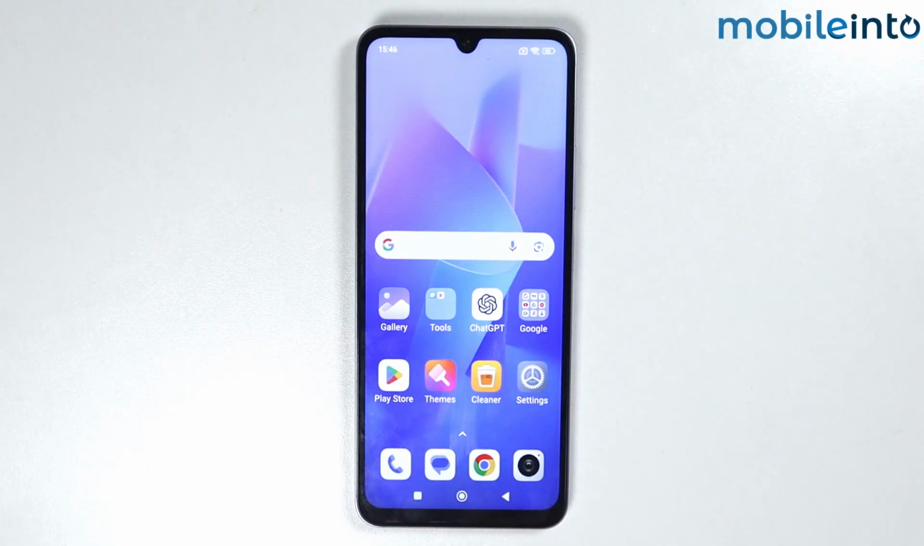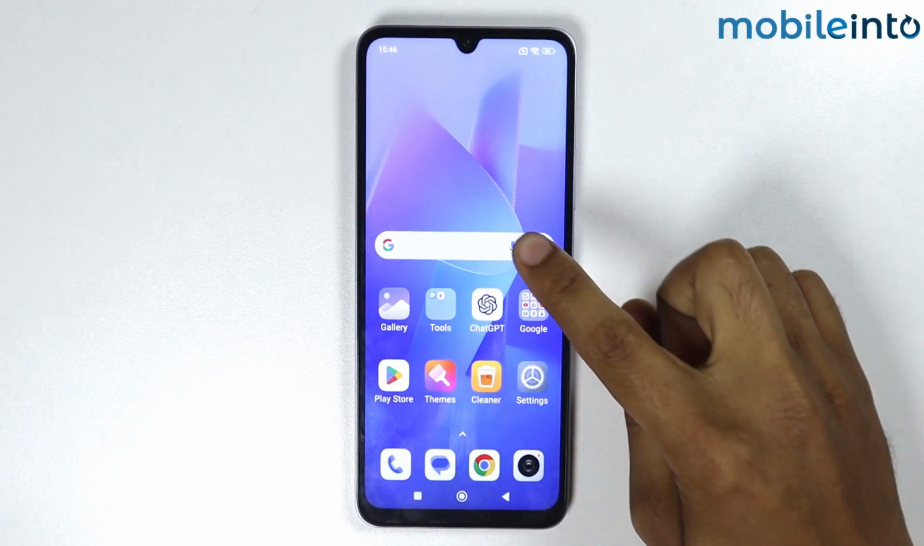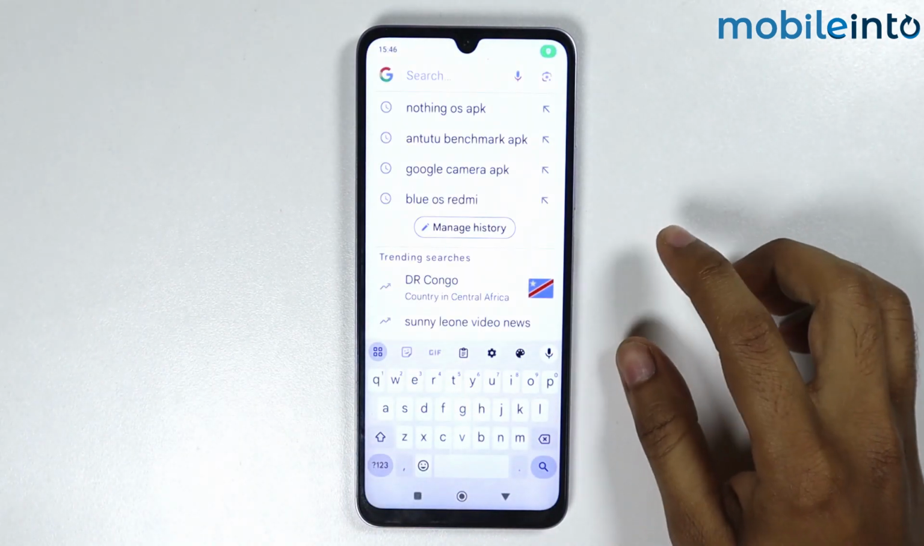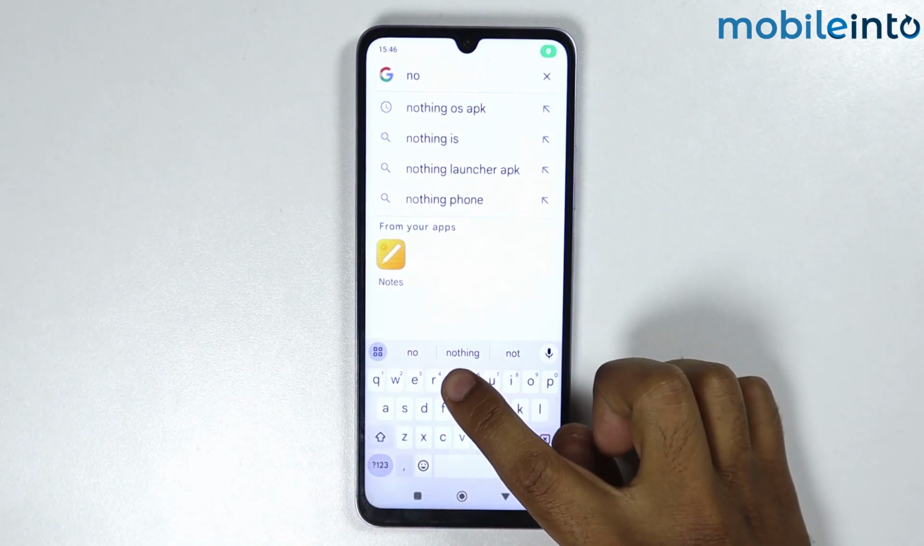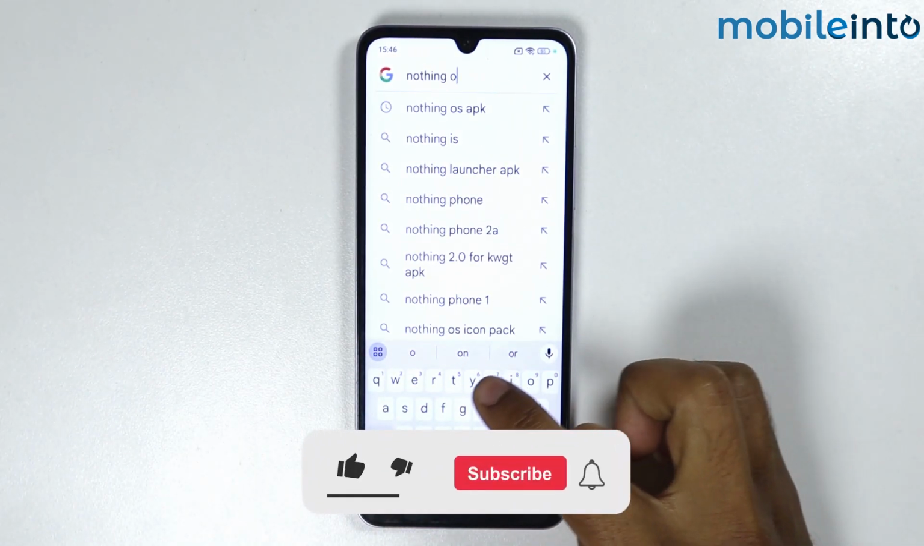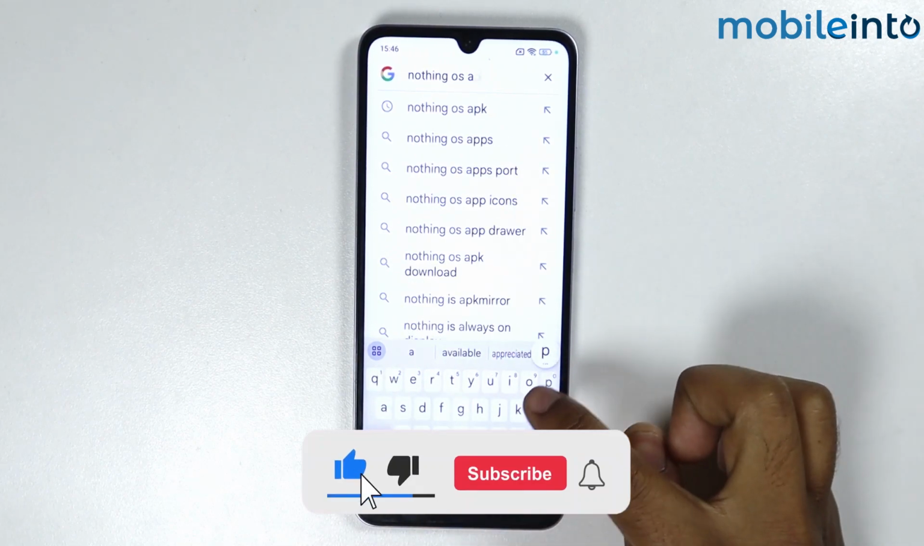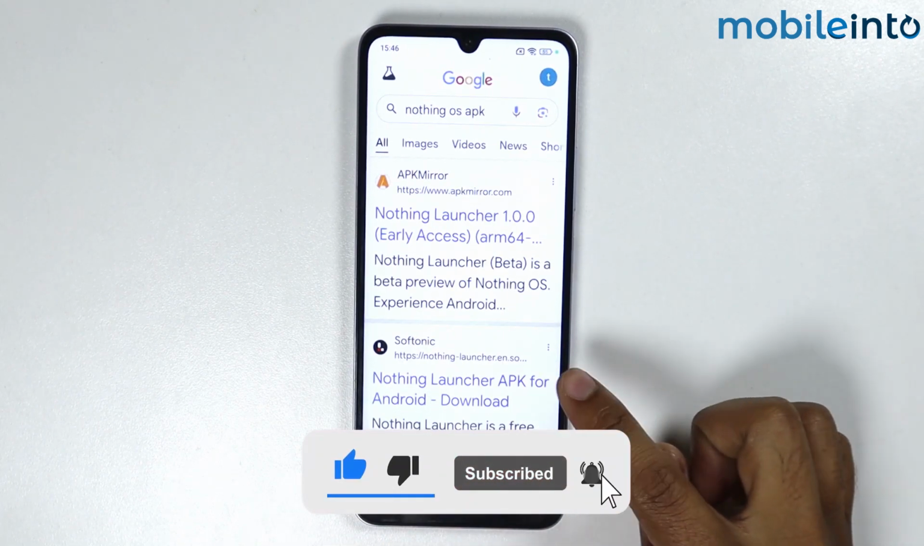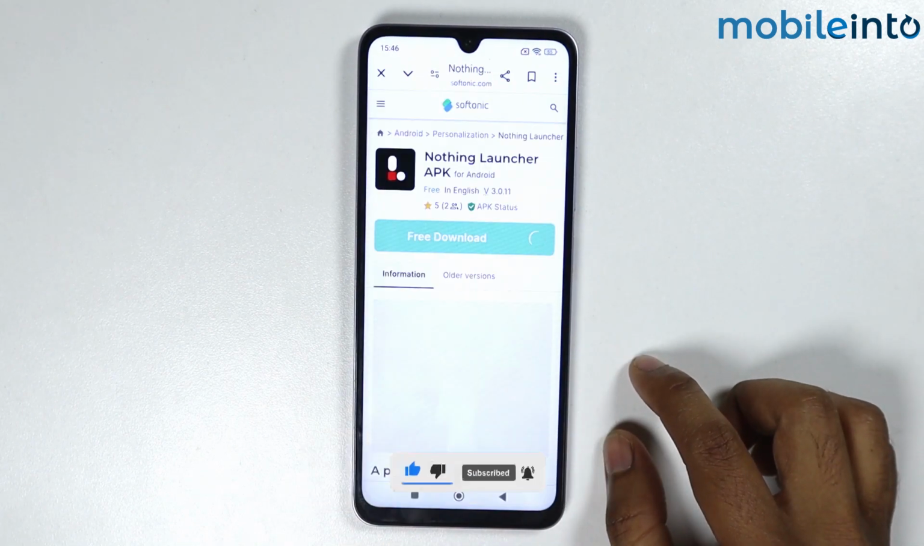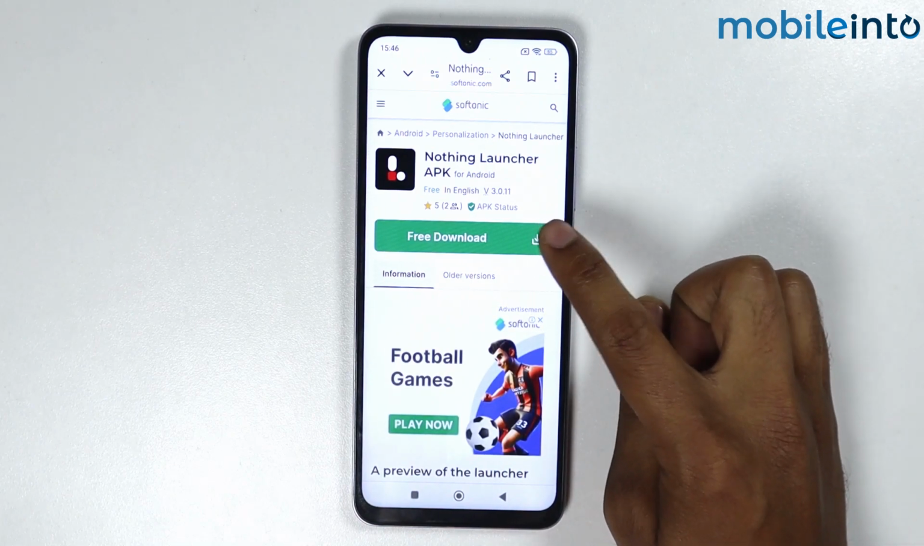In this video, I'm going to show you how to get Nothing OS on any Xiaomi Redmi phone. Open the Google, search here Nothing OS APK, tap on Softonic website, tap on free download,